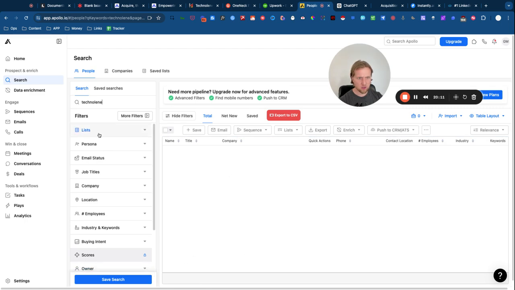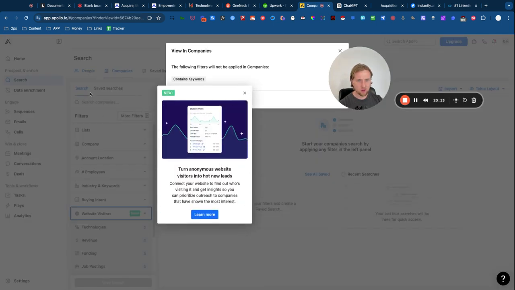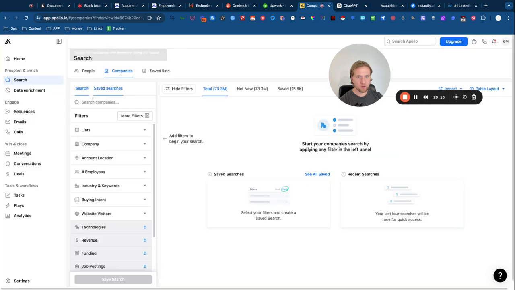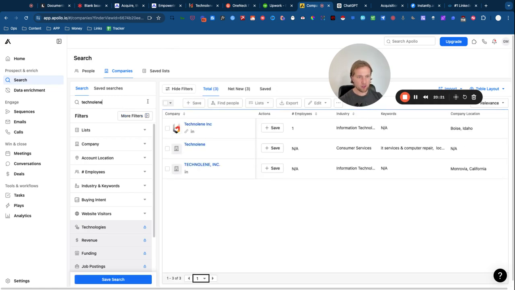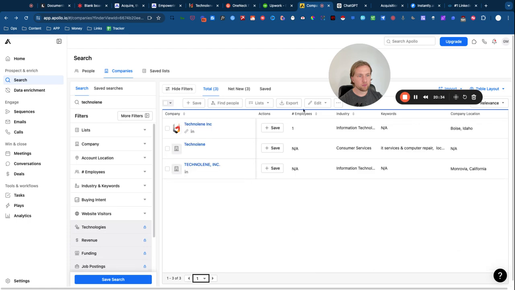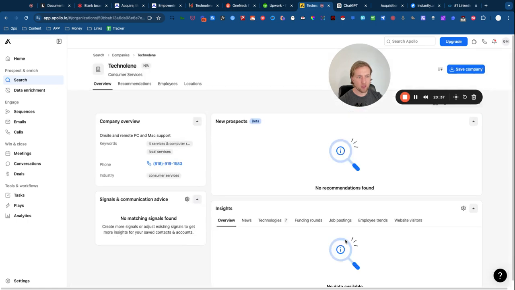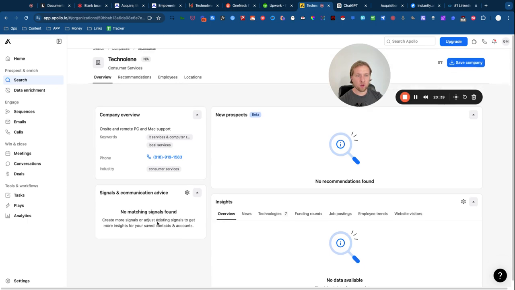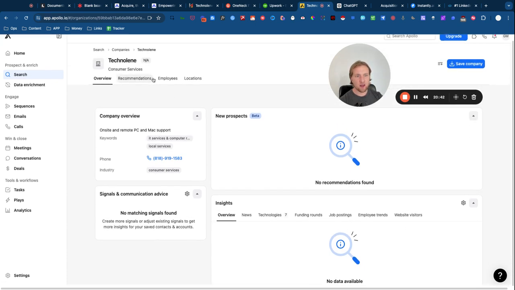It might not do. My search might not be correct here. Companies. Okay, Technolean. Let's see if Apollo has Technolean. All right, here we go. So Technolean, okay. What I do from here is I start to look at what keywords are available. We'll go on to this one here, click their keywords, select the company, and look at the keywords that they have on their account. What I do from there is save down their keywords, and then I plug those into sourcing leads of my own.